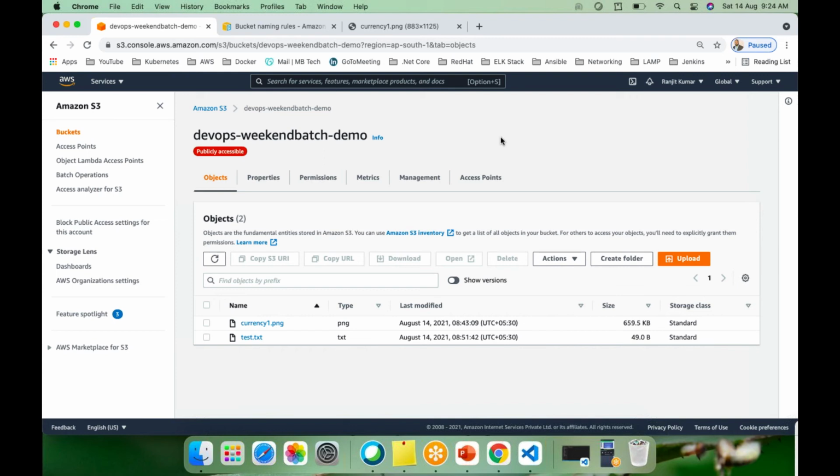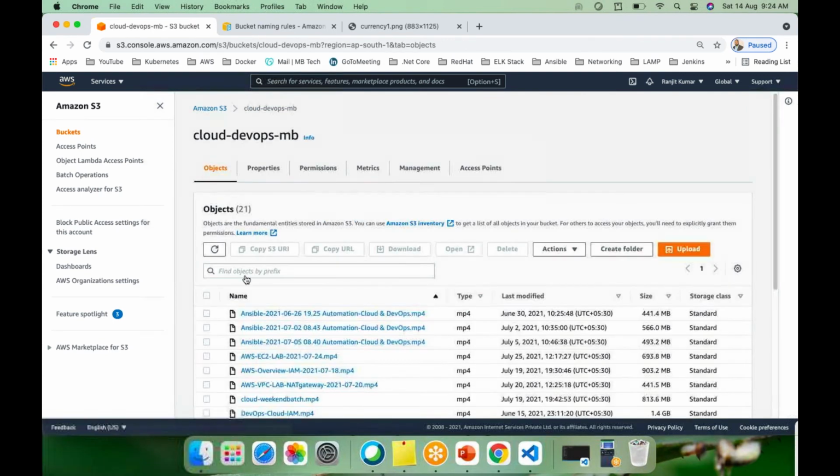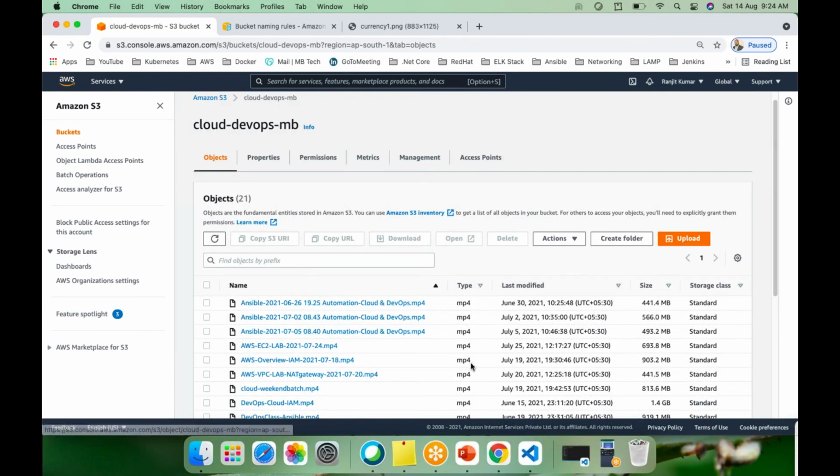We never do that. Then how will we achieve this? While uploading objects into the bucket, we don't have to make them public every time. That is one option. In the console you cannot do that, but in the programmatic way, using the AWS CLI, we have an option to set it up.